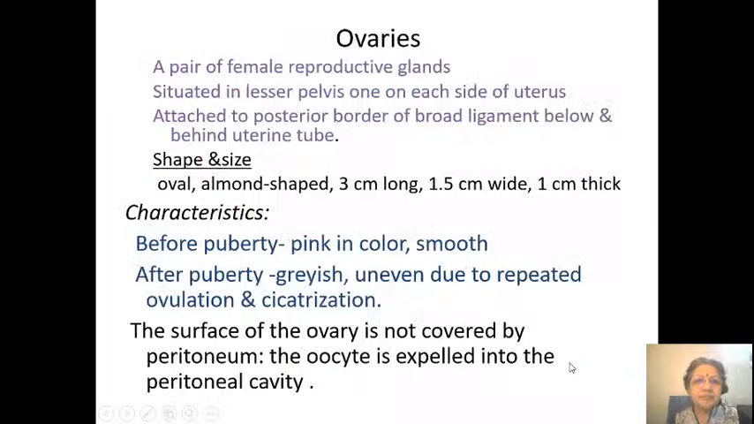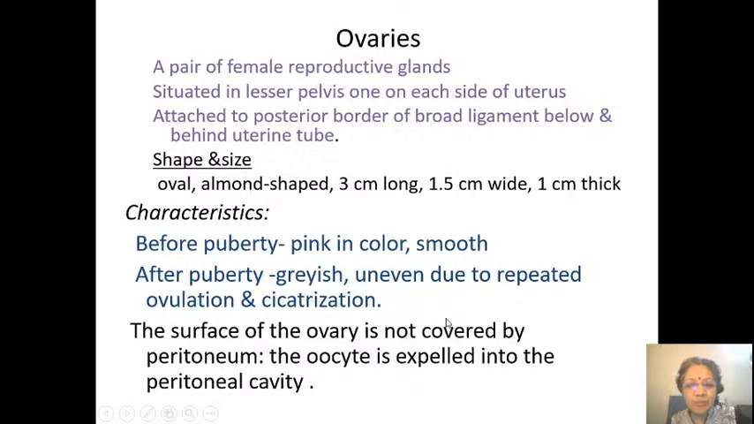Okay. So it's a pair of female reproductive glands situated in the lesser pelvis, attached to the posterior border, below and behind the uterine tube. They are oval or almond shaped, 3 by 1.5 by 1 centimeter, very small organs. They are smooth